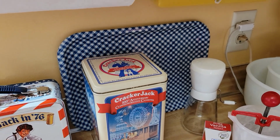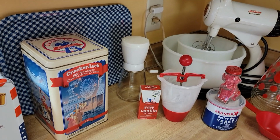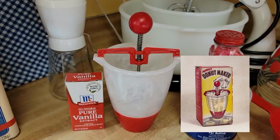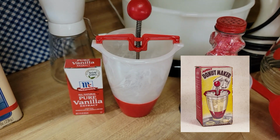I probably have notes on it somewhere, but I did not take the time to look up a lot of things, where I got them and how much they were. But I just found this yesterday, and it was only $2.50 at Family Pathways. It's in excellent condition,